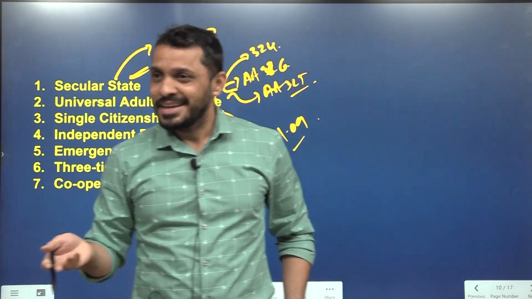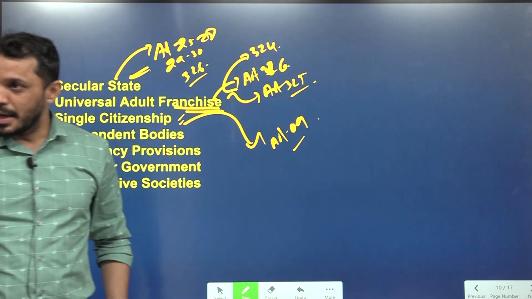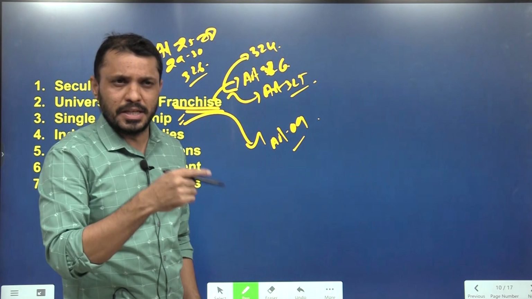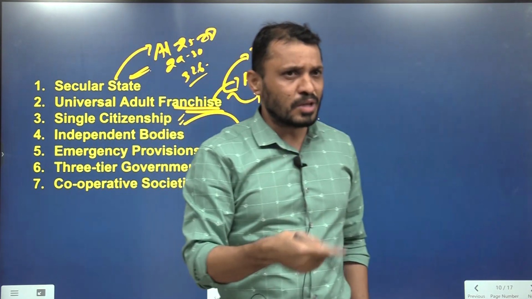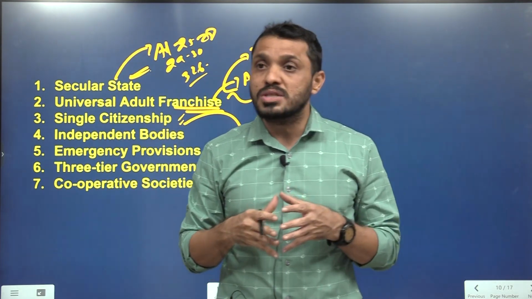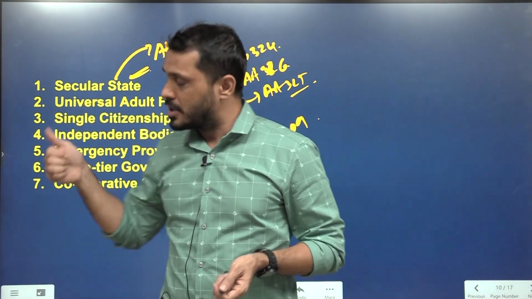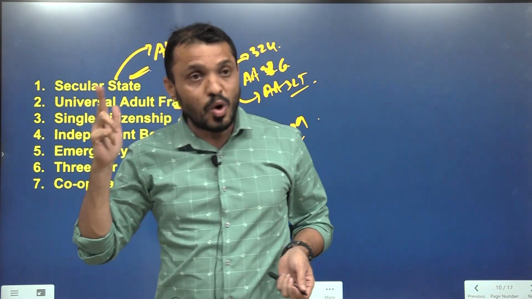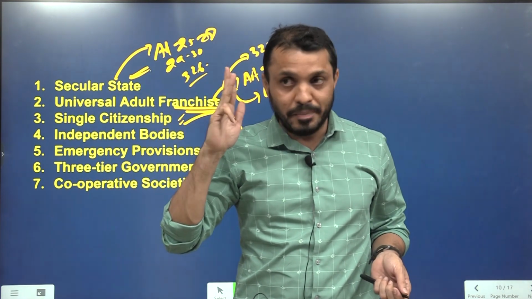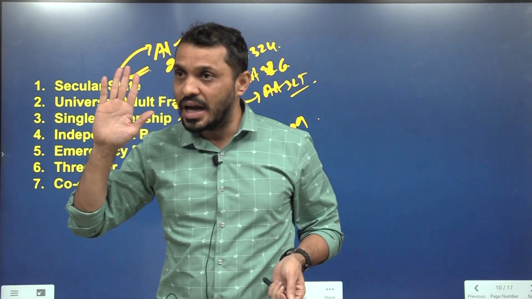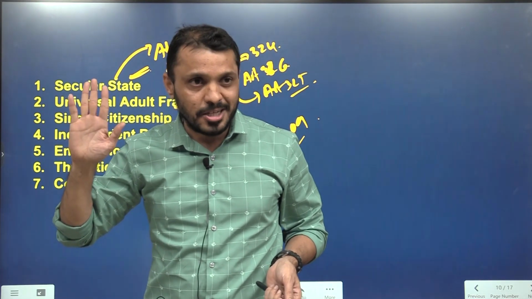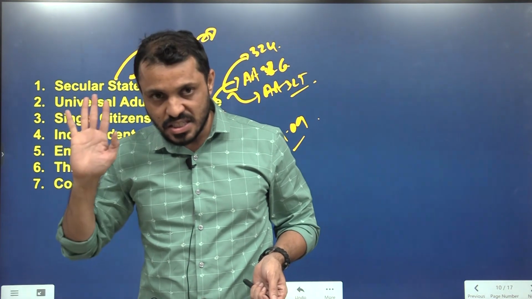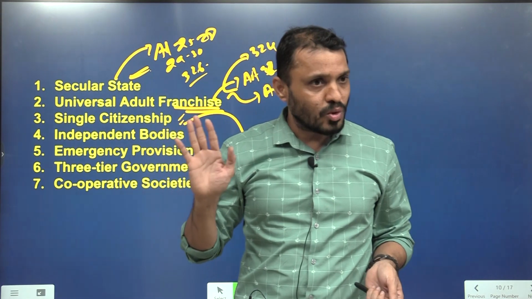Article 102 deals with MP disqualification. What are the grounds of MP disqualification? I'll explain in Parliament again, just a rapid round kind of thing I'm asking. Number 1, when the MP loses citizenship. Second, insolvent. Third, office of profit. Fourth, unsound mind. Fifth, if disqualified according to any law made by Parliament, that is the Representation of People Act 1951. These are the 5 grounds mentioned under Article 102 Clause 1.